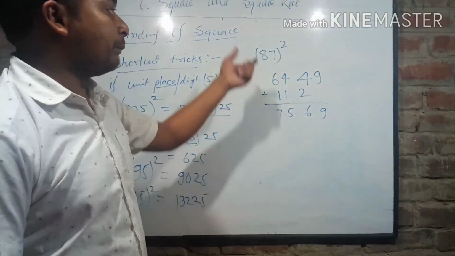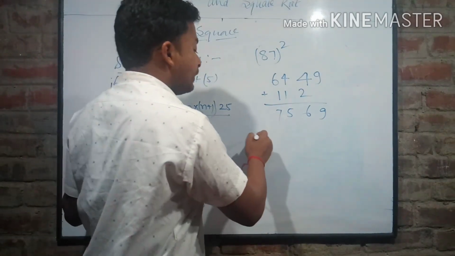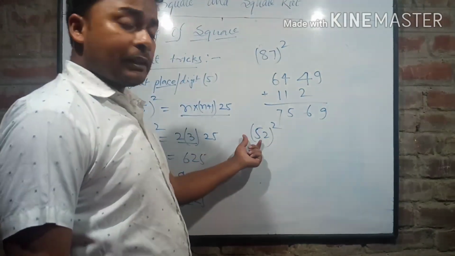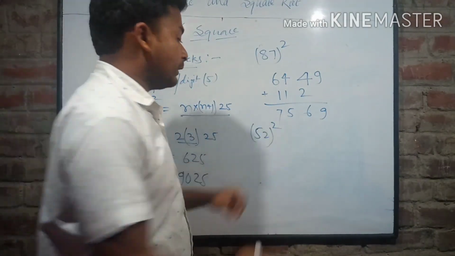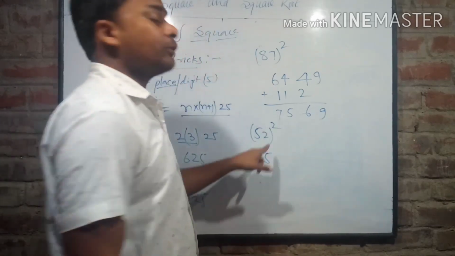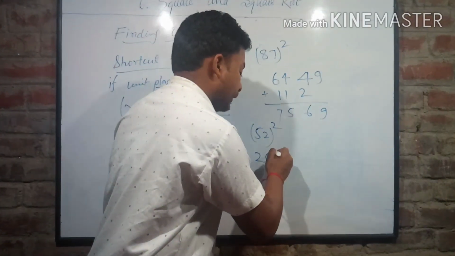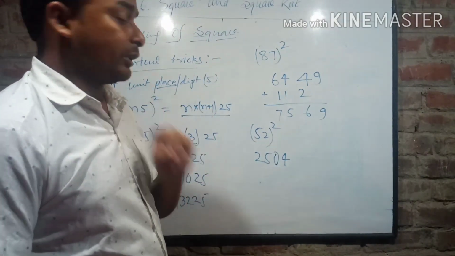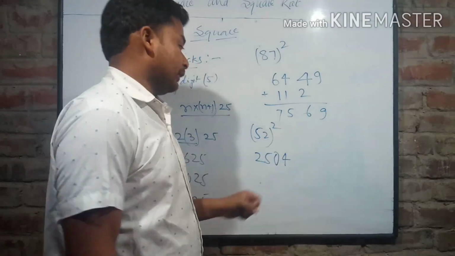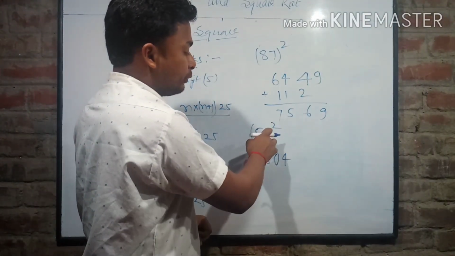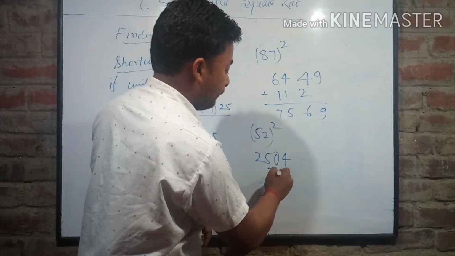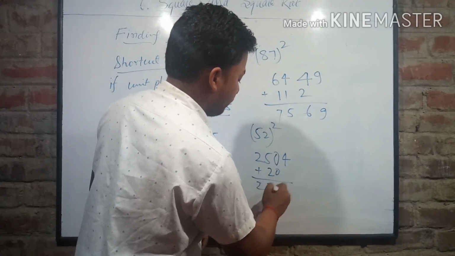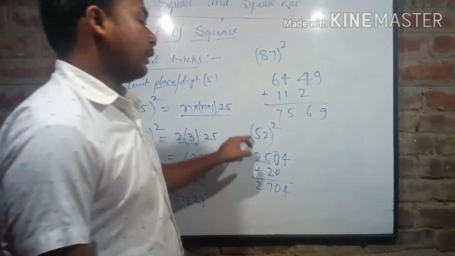We will take one more example related to this. What is the square of 52? First number square, that is 5 square, that is equal to 25. What is the square of 2? That is equal to 4. Again, I will repeat that in square and square root always use the 2-digit number. 2504. Now what is the product of all these three? 2 into 2 is 4. 4 5 are 20. And we will leave the unit place to add them. Finally, we will get 2704, which is the answer of 52 square.